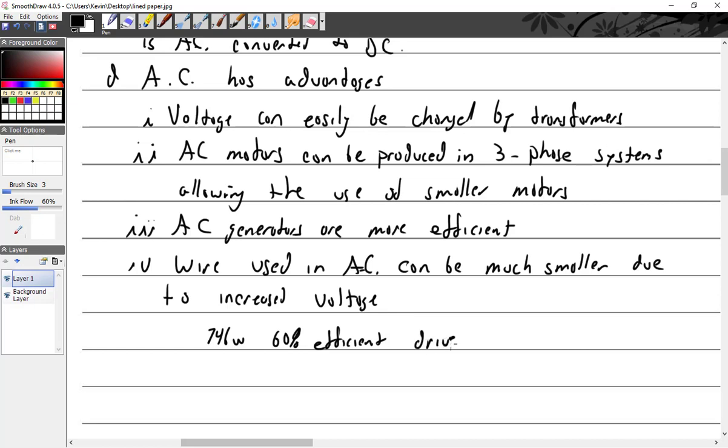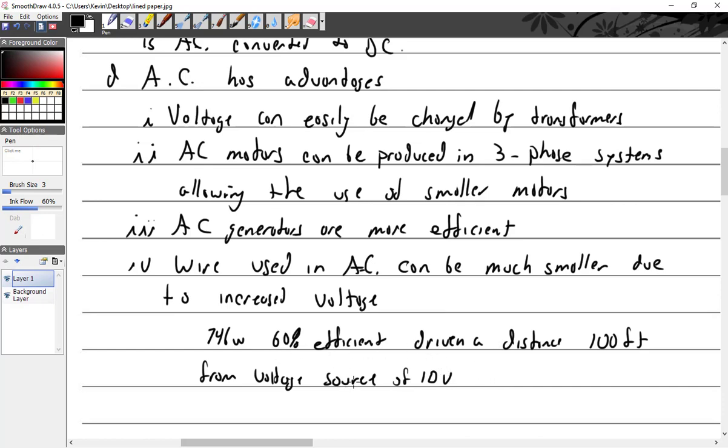So if I want to figure out the wire size for something like this, where would I go